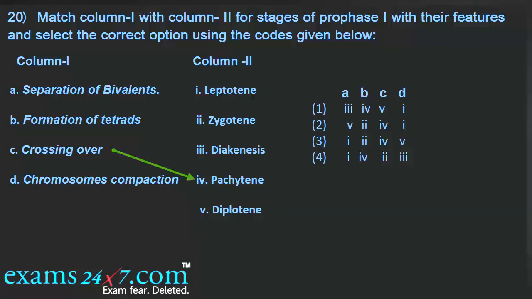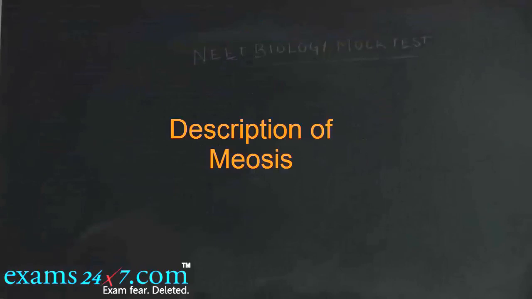So C is matching with 4. Finally, chromosome compaction. I hope all of you know, the first stage of prophase 1 of meiosis 1 is called the leptotene stage, which is the bouquet stage, where orientation of the chromosomes occurs, which is called condensation, and orientation, which is called chromosome compaction. Thereby the answer is option